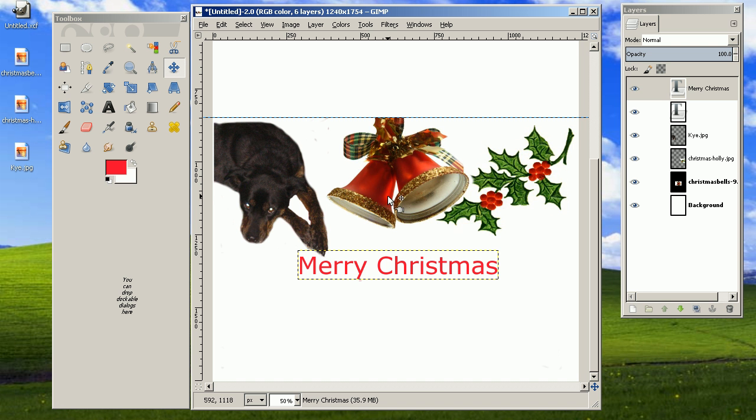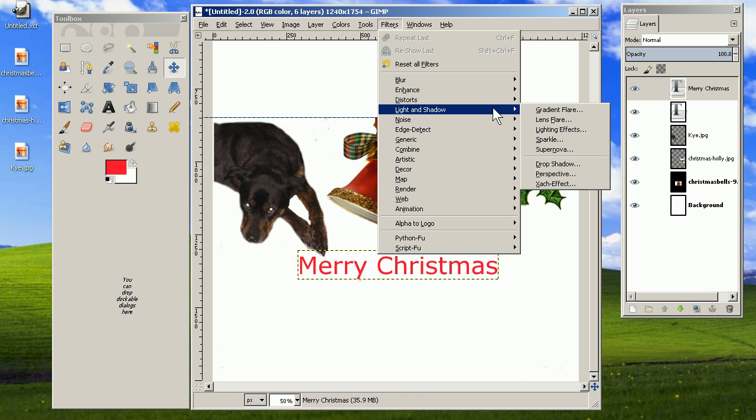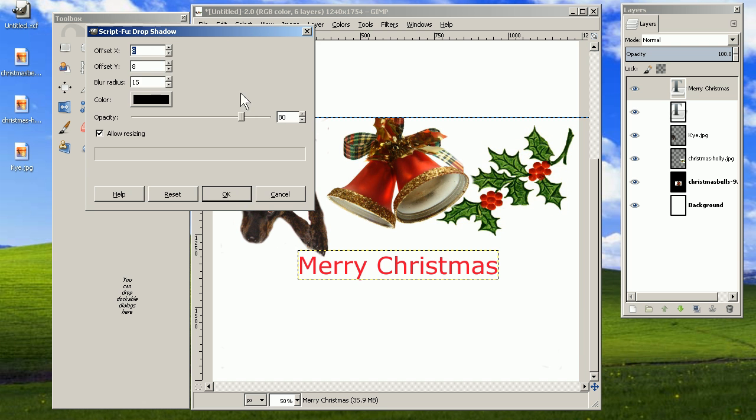So I'm going to create a shade for the text by clicking on filters and then light and shadow and then drop shadow. And here's our drop shadow options here. I'm not going to worry about changing any of these settings here. I'm just going to see what it comes out like if I just click on OK, and if it's not desirable, I'll go back and change these settings to change the size and the blurriness of the shadow. Click on OK,